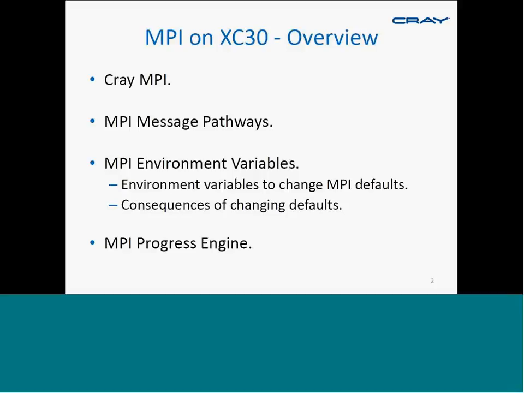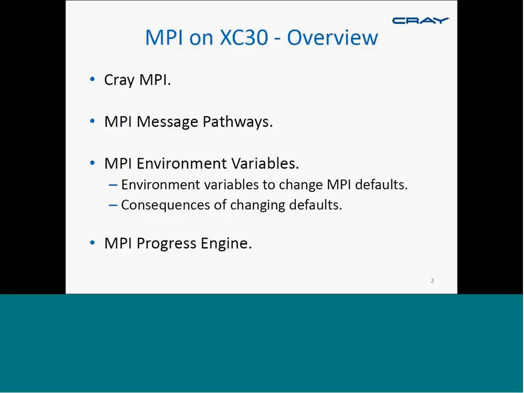I'll give you an overview. We're going to talk about the Cray library and some of the optimization techniques that are done. And the primary focus will be different pathways that MPI messages can take through the system. There are 4 primary pathways that we're going to talk about. And then this is going to bring up some environment variables that we can control, and then some other